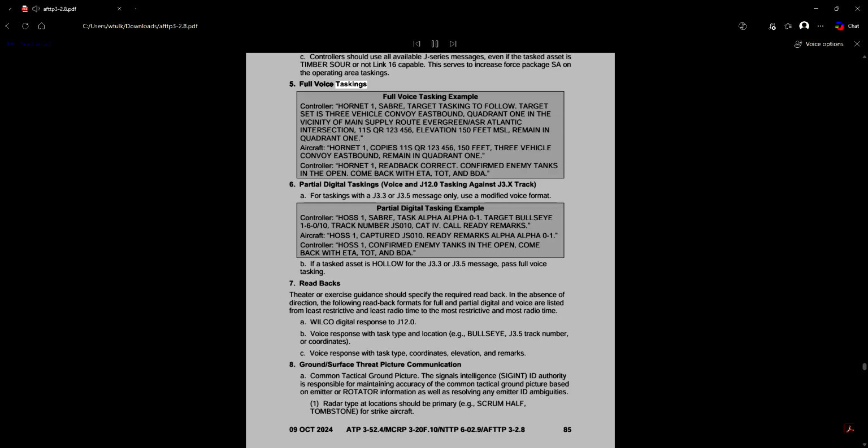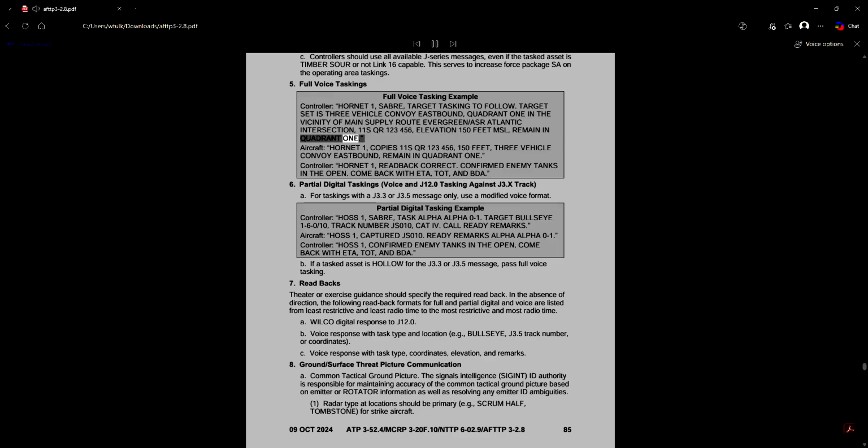5. Full voice taskings. Full voice tasking example. Controller: Hornet 1, Sabre, target tasking to follow. Target set is 3 vehicle convoy eastbound, quadrant 1 in the vicinity of main supply route Evergreen/ASR Atlantic intersection, 11 SQR 123 456, elevation 150 feet MSL.